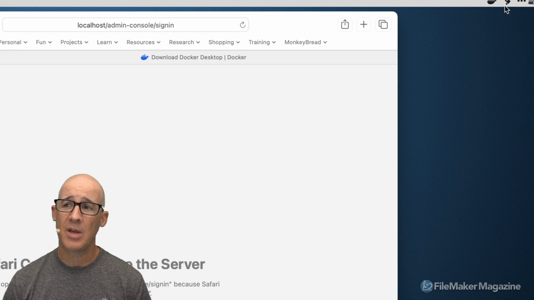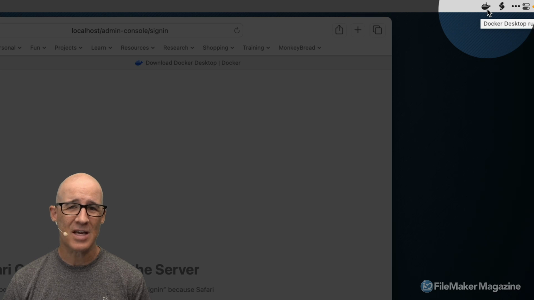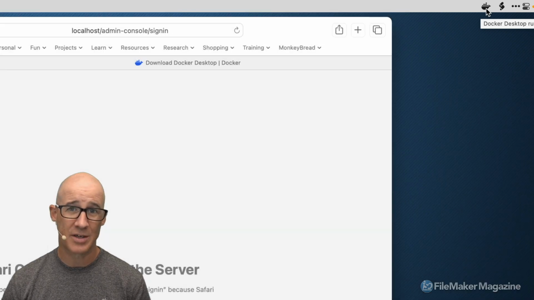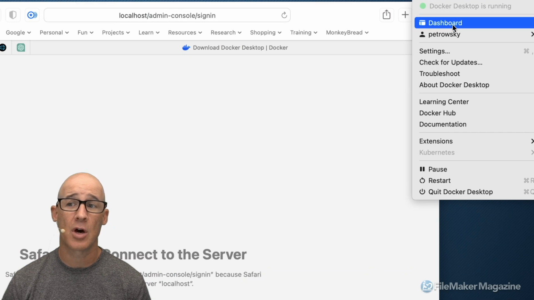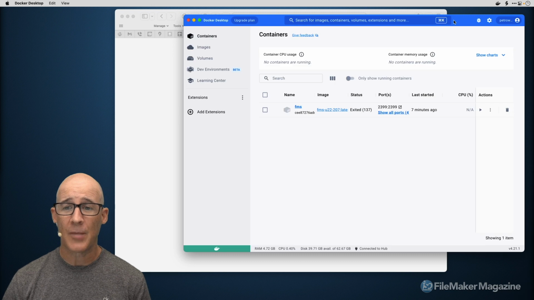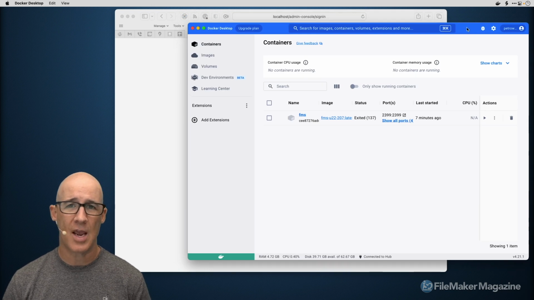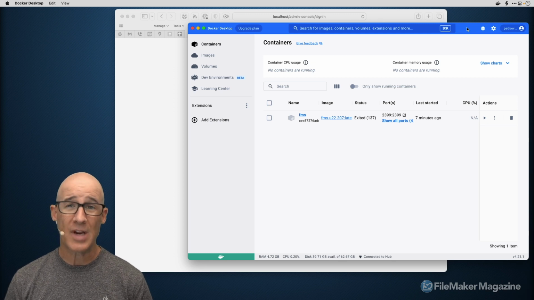Now you can see up here, up in the corner, actually let me get that zoomed in a little bit better, right there, that is the Docker icon, or the Docker Desktop. So what we're going to see right here as I select this and then choose the dashboard option is this is just a GUI to a command line tool in order to manage containers. And on a Macintosh, especially an M1 or an M2 chip, things are extremely fast. So let me give you a little bit of a taste of what it's like when I'm developing on my